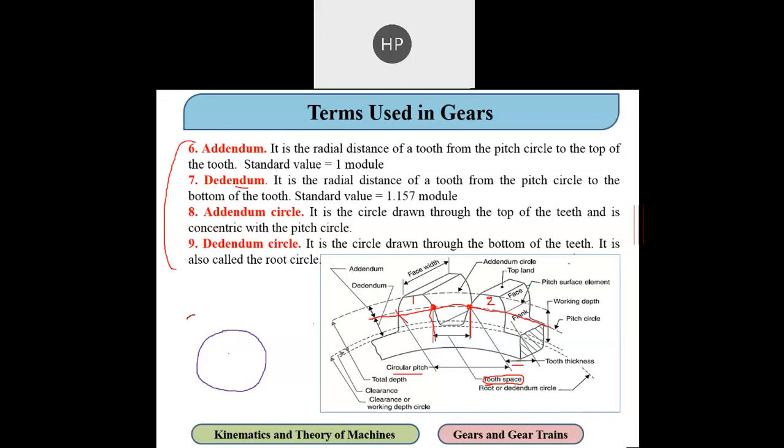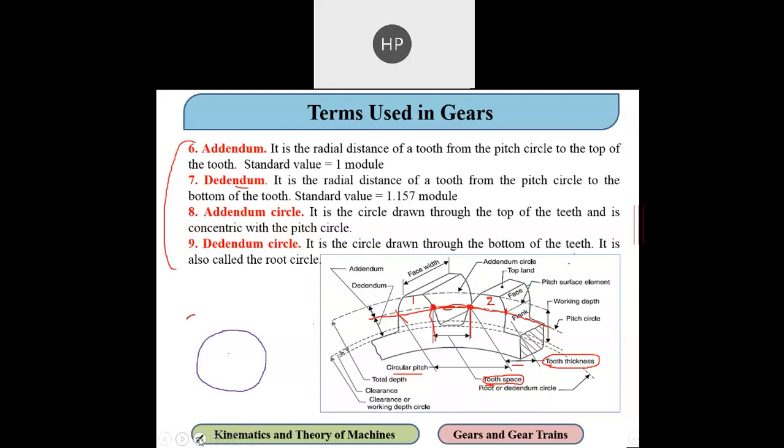Okay, so take the last point on the first tooth and the first point on the second tooth, and if I measure the distance, then it is known as a tooth space. This is the empty space between the two teeth. And if I measure from this point to this point, then it is known as the tooth width or thickness. So two definitions: first is the tooth space and second is the tooth thickness.